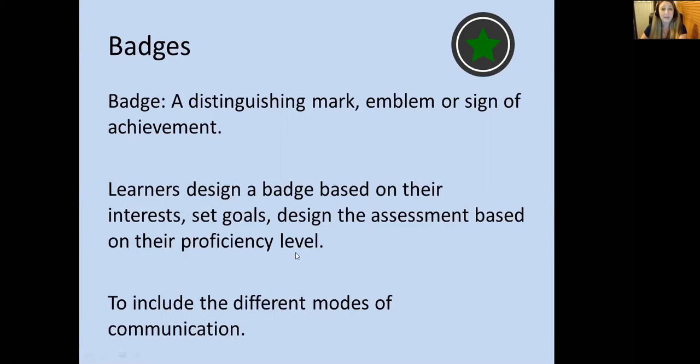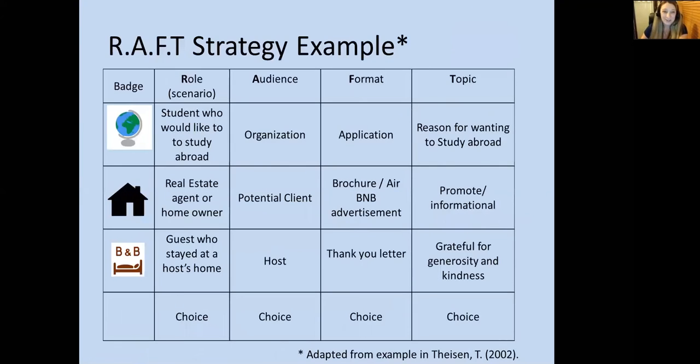And then hopefully your students are starting to get as familiar as you are with the proficiency levels. And then they start to own their learning and include different modes of communication. So how fun would it be if a student could create their own badge, create their own assessment, and include the different presentational modes, and then present that to you